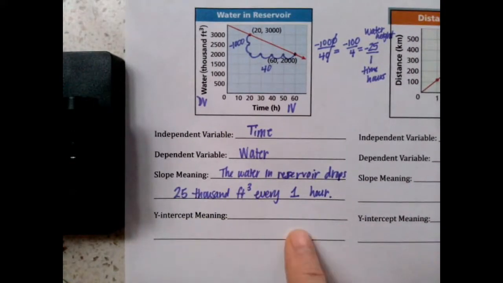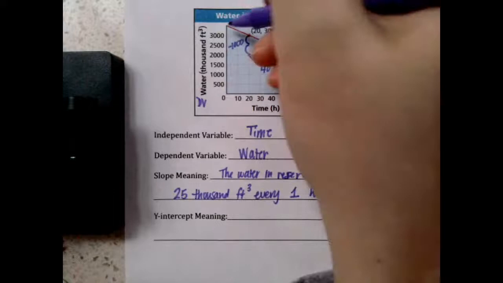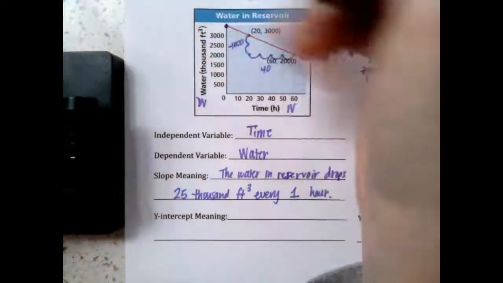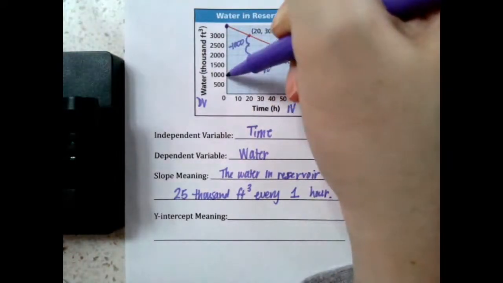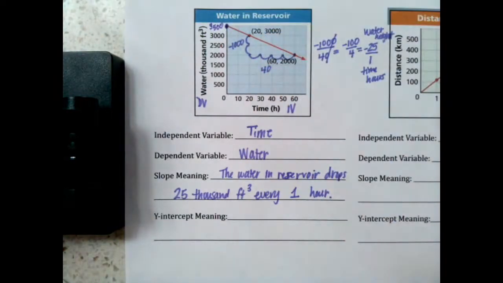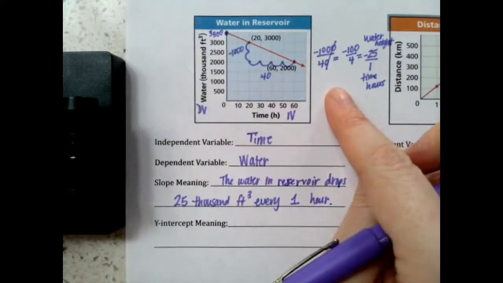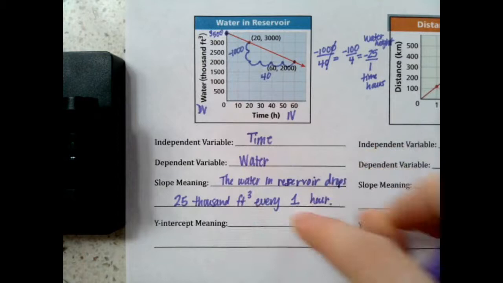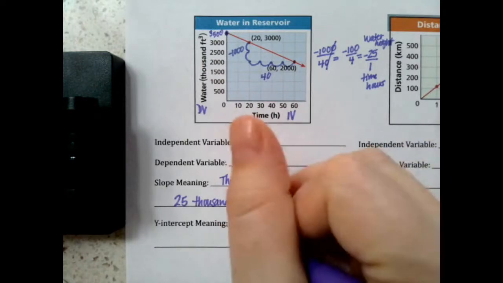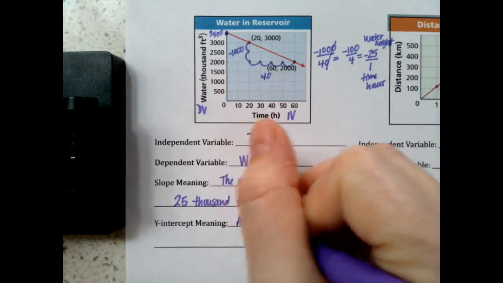The y-intercept meaning, so we first want to find that out of context, like what is the actual y-intercept? So where does this cross the y-axis? And it's up here, which is not labeled. But if I look, I can see I'm counting by 500s, so this is 3,500. This means the start. The y-intercept is always the starting point. Where does this start? So we can say at the start,